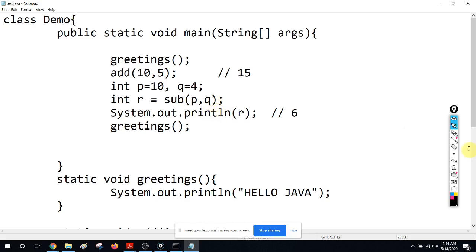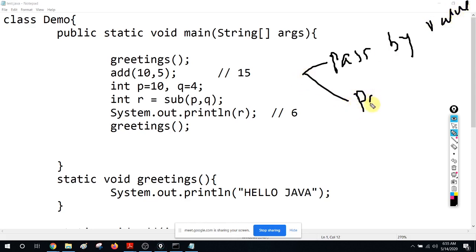So actually there are two concepts, pass by value and pass by reference. What happens when you are sending a literal, anyway a literal is a value.